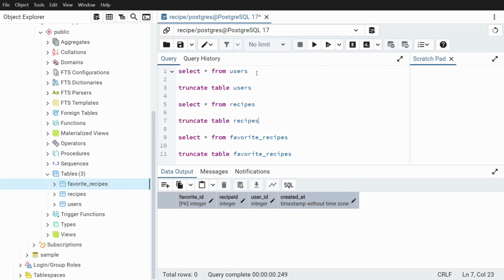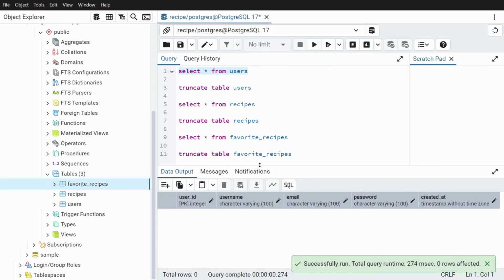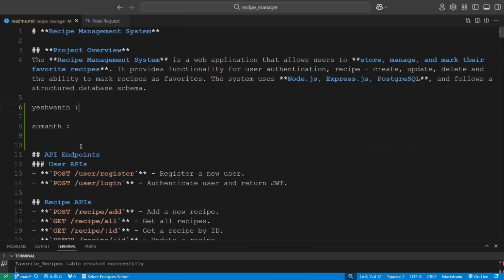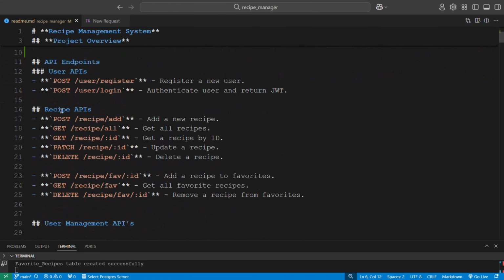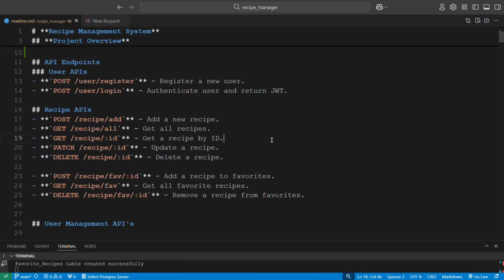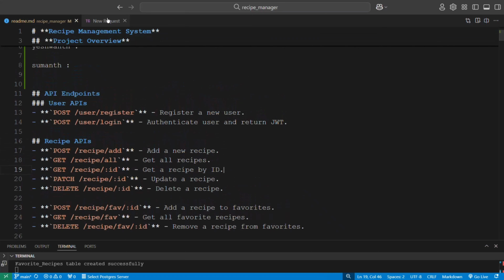At the beginning, this database is empty. All three tables are empty. And here I wrote approximately 10 APIs for this project, and these two APIs are responsible for user APIs, and all the remaining APIs are recipe management APIs. Now I'm going to